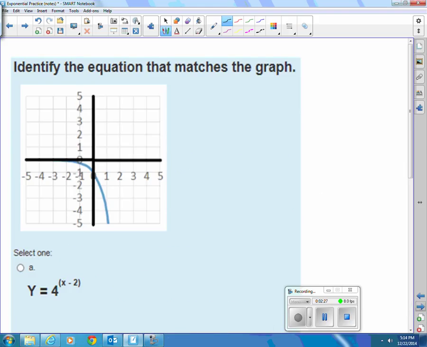Okay, match that graph with an equation. Well, 4 raised to any positive power, like if x was 3, 3 minus 2 would be 1, would start getting positive values, all of them positive, but certainly there would be large positive values, and there aren't large positive values there. They go negative as x goes positive. So let's go